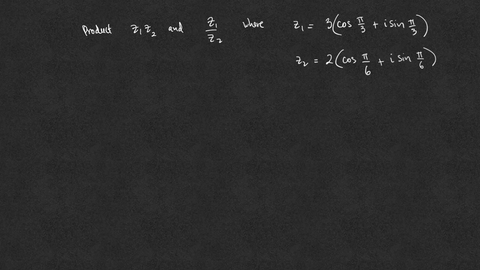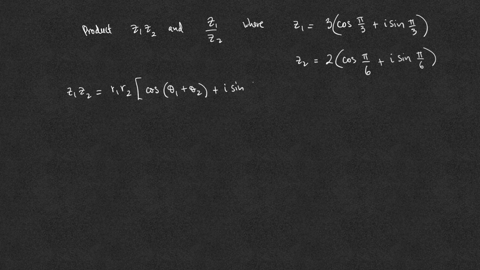Find the product z1 times z2 and the quotient z1 over z2, where z1 and z2 are given as complex numbers in polar form. To find the product of the two complex numbers in polar form, we use the formula z1 times z2 equals r1 times r2, open the bracket, cosine of theta 1 plus theta 2 plus i sine of theta